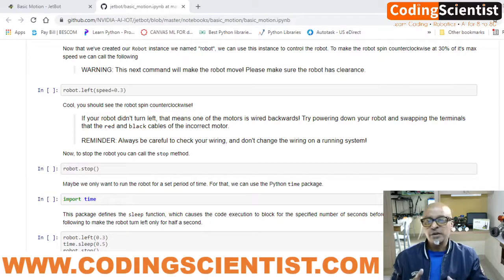It's an anti-clock speed, which is 0.3. We can modify the code. If you go to Jupyter Notebook, I'll show you. You can just click on 0.3 and delete that. You can put it as 0.5 or 0.6 or 10 or whatever the speed. However, I would suggest keeping the speed to the minimum possible.